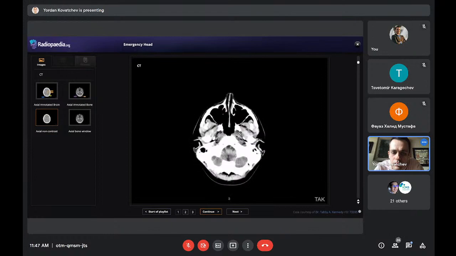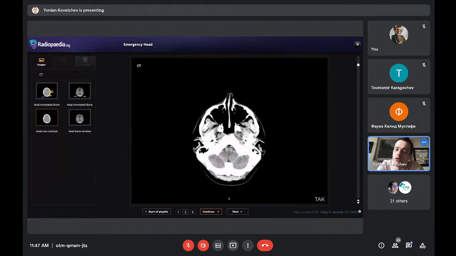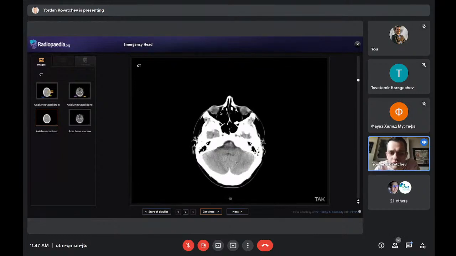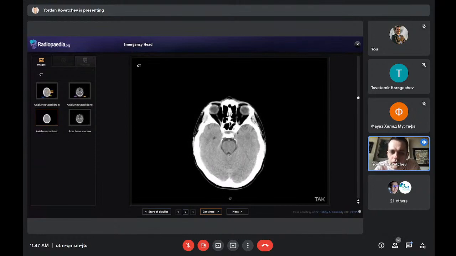We go down and we'll start from the bottom up again. You see the basilar arteries well demarcated by cerebrospinal fluid around them. These are the tonsils of the brain. They should be about 4 or 5 millimeters below the foramen magnum. If there is more, then we call this tonsillar herniation. It's really, really important, because then the neurosurgeons need to do craniectomy, or we need to put in drainage. There will be hydrocephalus and so on. This is the posterior fossa here, the two cerebellar hemispheres, the brainstem.